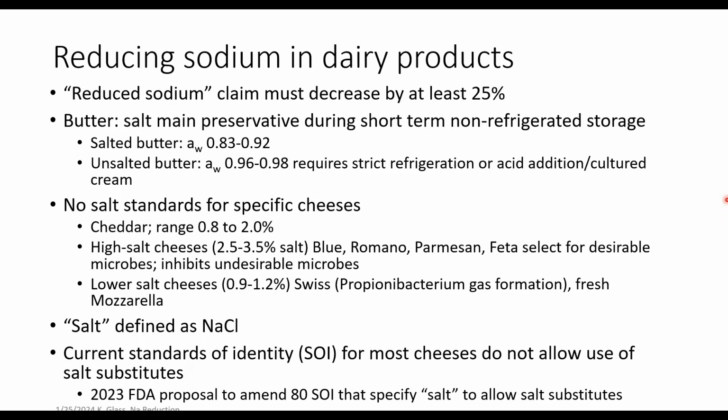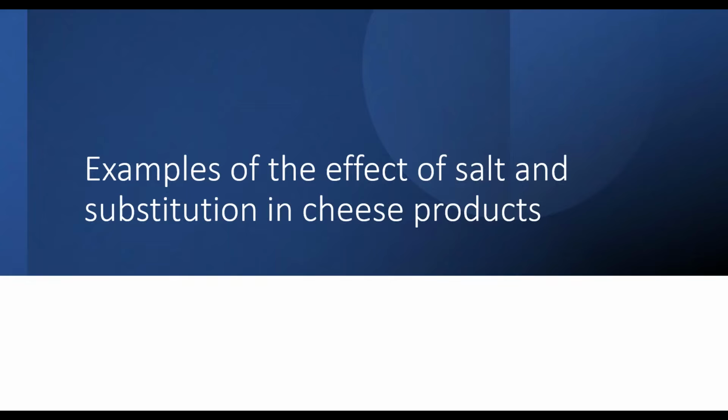A 1995 study from the same lab reported no major differences in lactic acid bacteria when cheeses were salted with sodium chloride or that equimolar mixture of sodium chloride and potassium chloride. Now, while these data are decades old, they show promise for developing equivalently safe and quality product using potassium chloride as a partial salt substitute. In the remaining time, I want to give you a few more examples of the effect of salt on pathogens and alternatives to ensure the safety of reduced sodium cheeses.